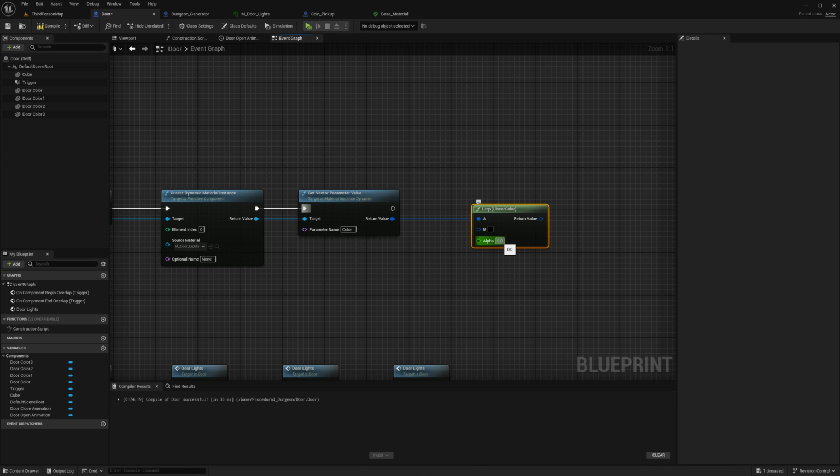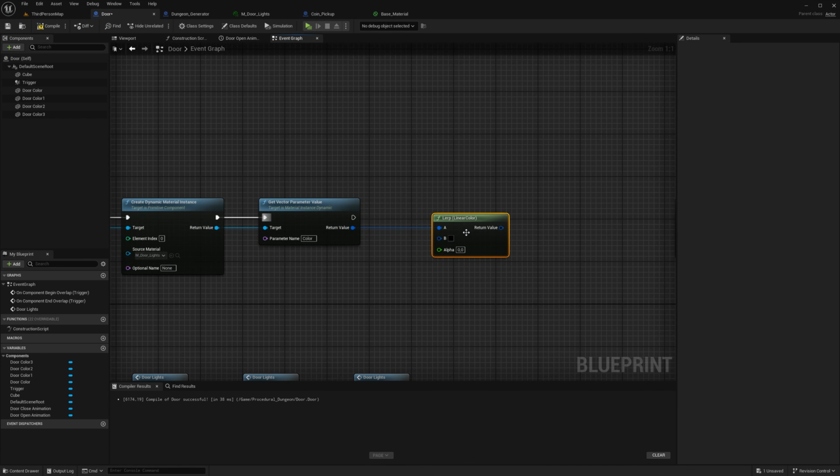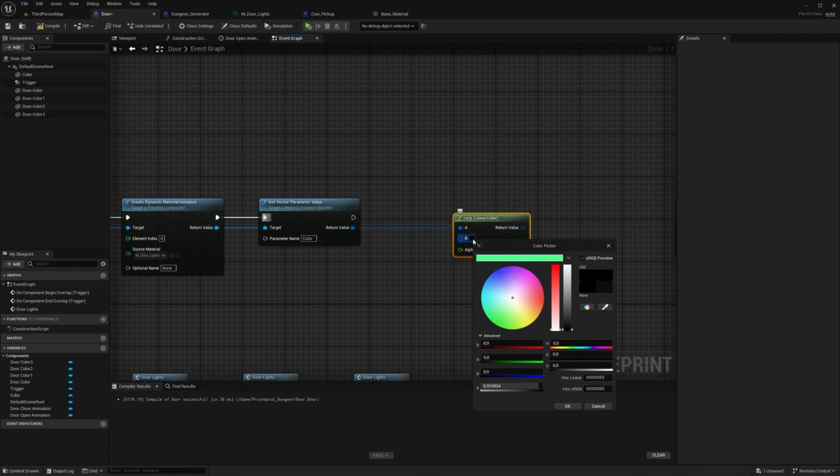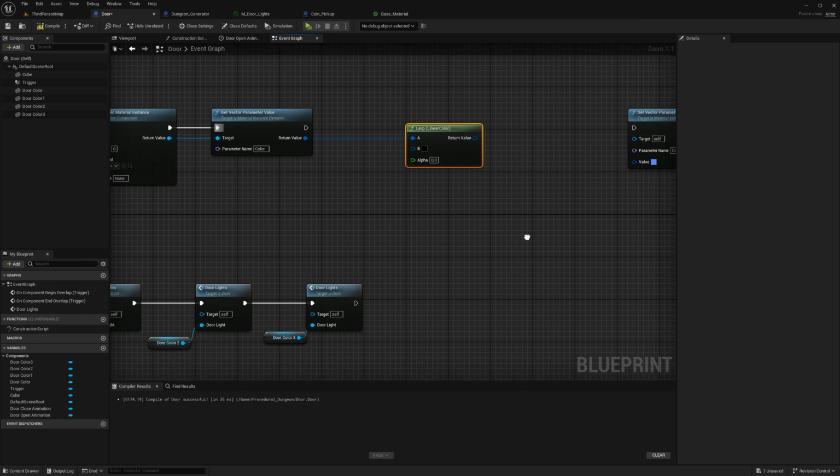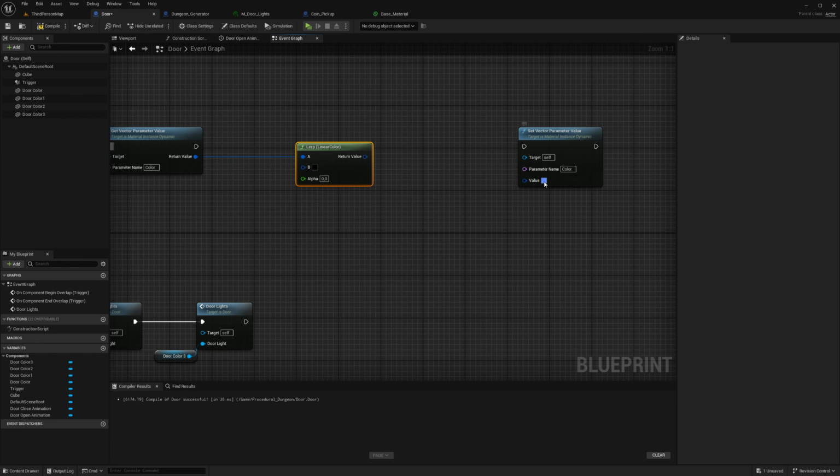So if the value is 0, then we use this color, which is the default red color from the material on this parameter here. And then we just need to turn this into the blue color. We can copy this, right click here.